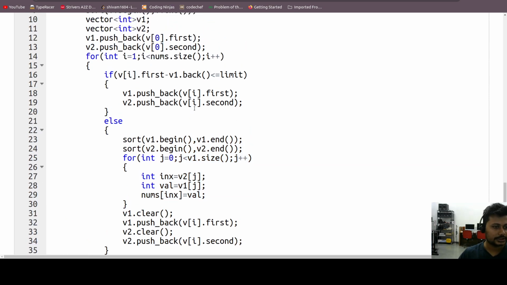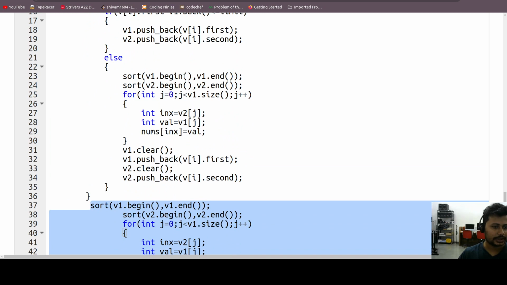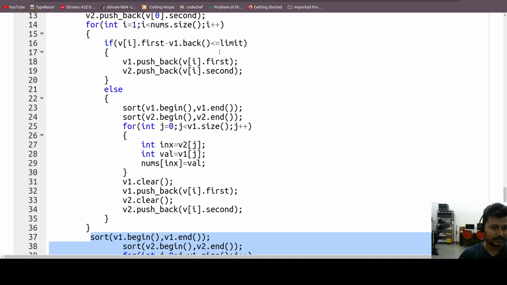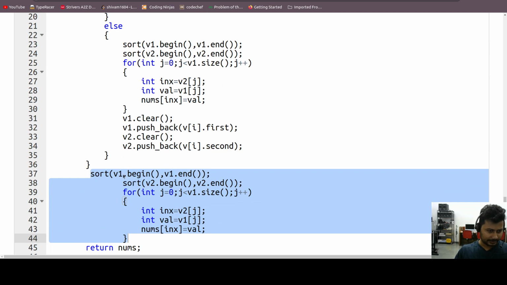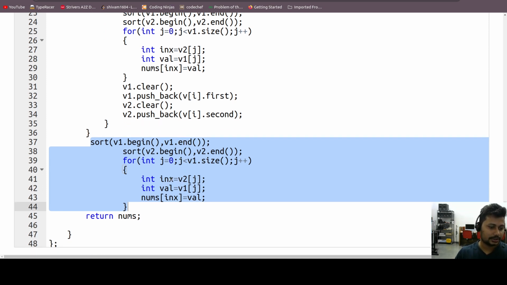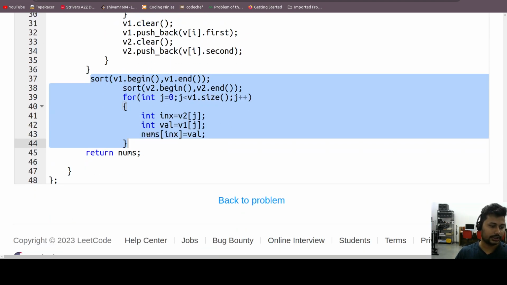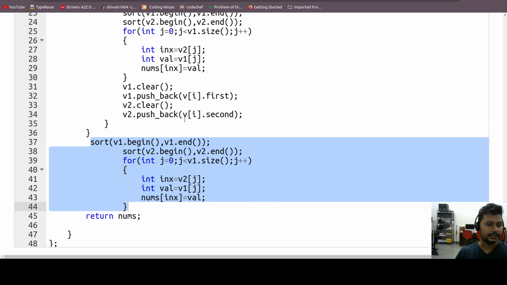One more thing is that we are making updates in the original array when this relation fails. But what happens if we traverse all the elements and this relation does not fail anywhere, and all the elements belong to the same group? Then after that for loop we will again check if some elements are present in the vectors or not. If some elements are present in those vectors, then we'll again make some changes according to those vectors in the original array, and then we'll return the original array. So this will give you the smallest lexicographical